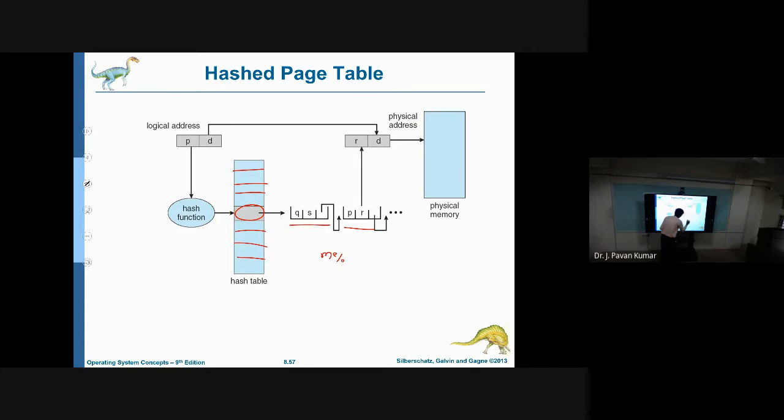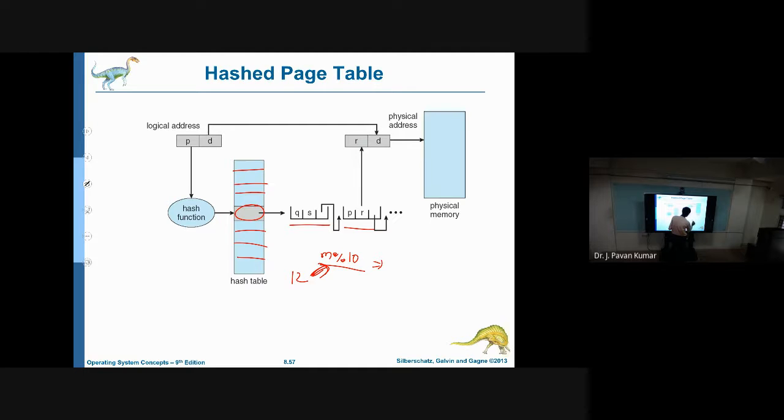Like you consider m mod 10, this is the hash function, this is a mathematical formula, isn't it? Suppose 12 if I give as the input, what will be the output? What is the mod operation? Mod operation means it will give the remainder. So 12 mod 10, what is the result?